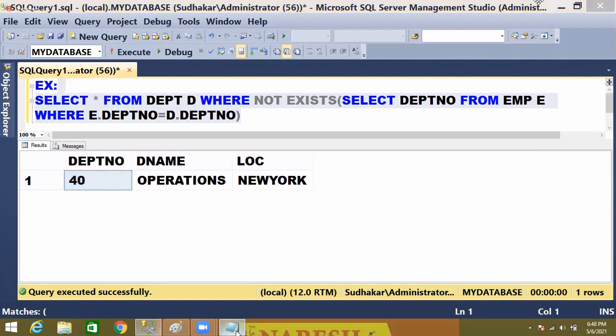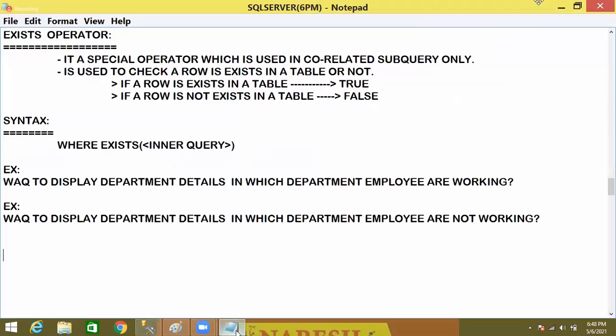Subqueries are of two types, non-correlated and correlated. How we use non-correlated and how correlated subqueries work, we will check out. Okay, now the next concept,